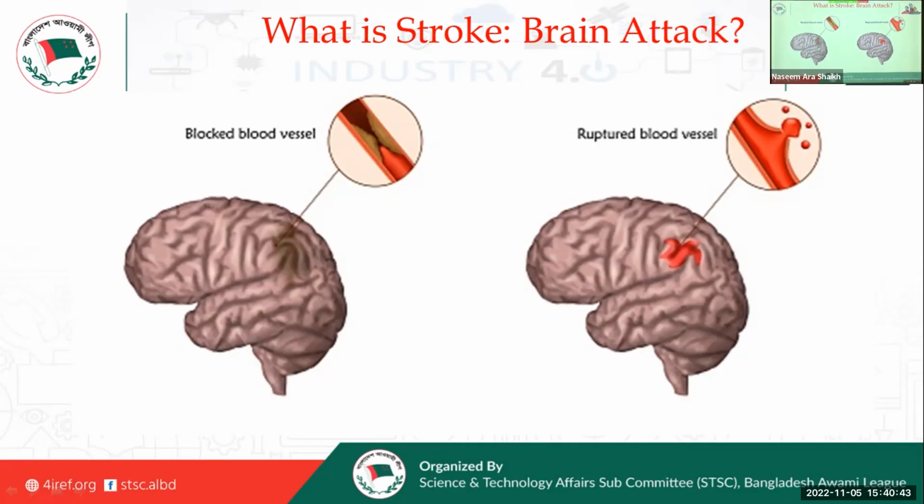There is another mechanism of stroke, seen in 20% of the cases, called hemorrhagic stroke. Due to hypertension or high blood pressure, the blood vessels of the brain burst, and that leads to massive hemorrhage, which can also cause a stroke. That means there are 2 types of stroke. The first is ischemic, where there is narrowing of a blood vessel, which is in 80% of the cases, and the other is hemorrhagic stroke, which is seen in 20% of the cases.